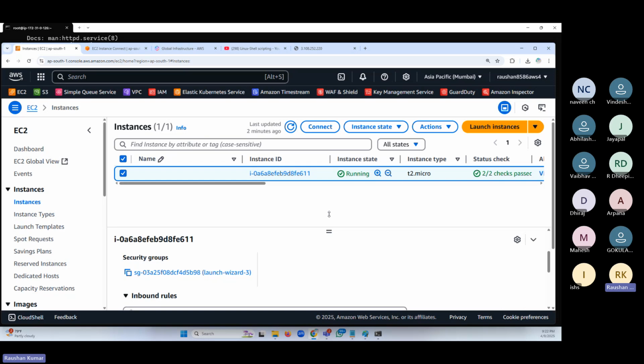Because we have so many servers, right? We don't want a public IP for all the servers. Why do you want the database server to have a public IP? Do you want users to have access? No, right? They can only communicate with the web server. Not even the web server, Abhilas, only the load balancer. Because the web server, app server, and database server can communicate with each other. Only the load balancer, which is on top of my web server, should have the public IP. Apart from that, nothing should have a public IP.